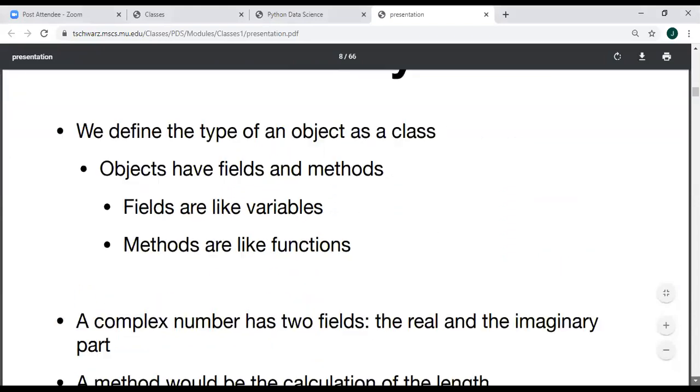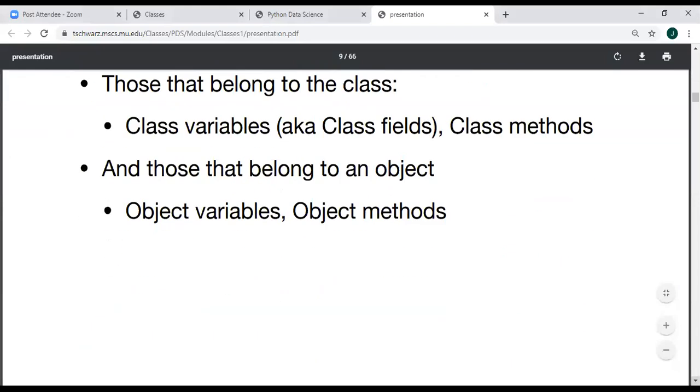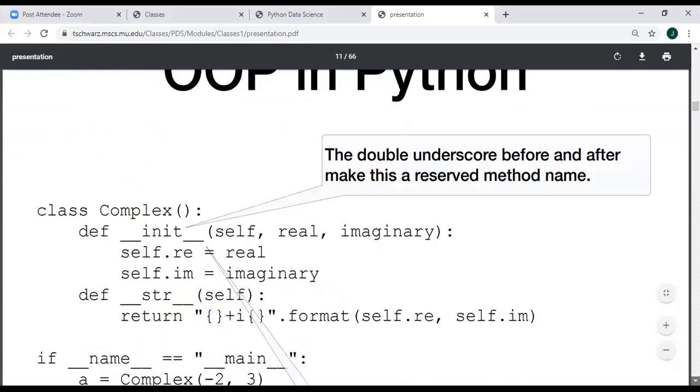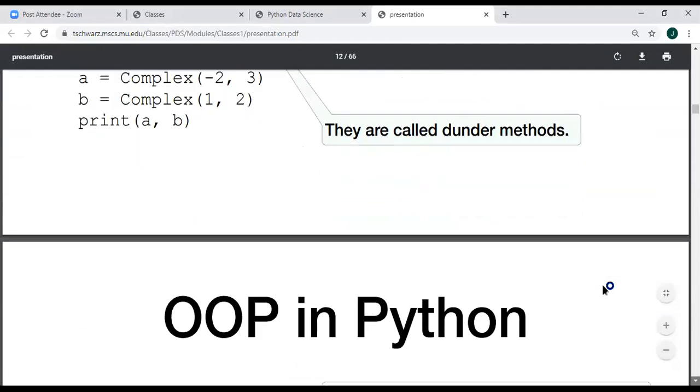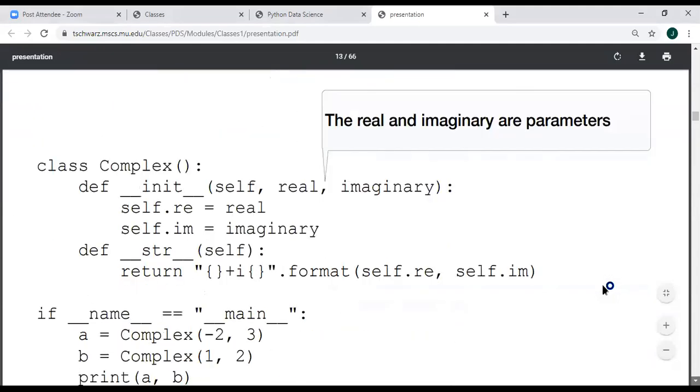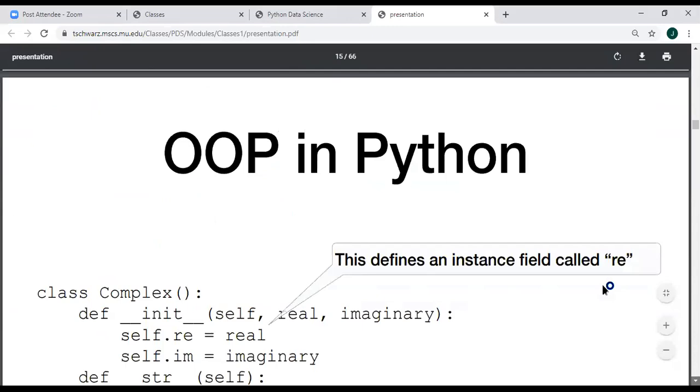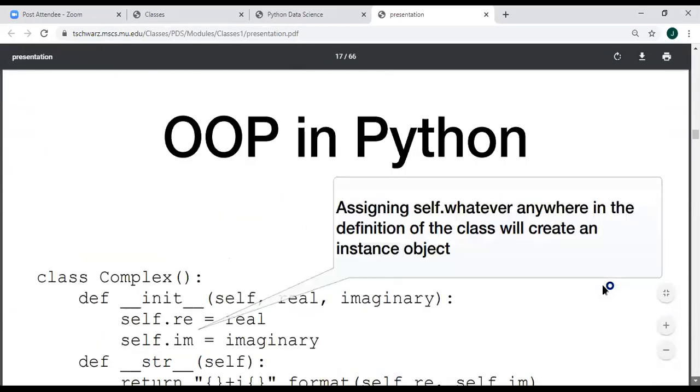So let us solve this question. This we have done already.